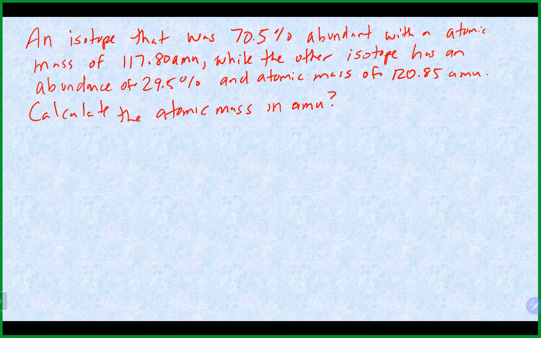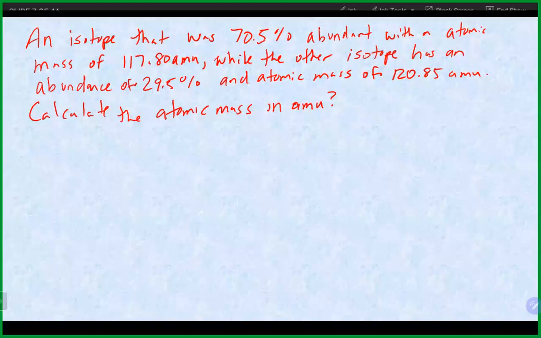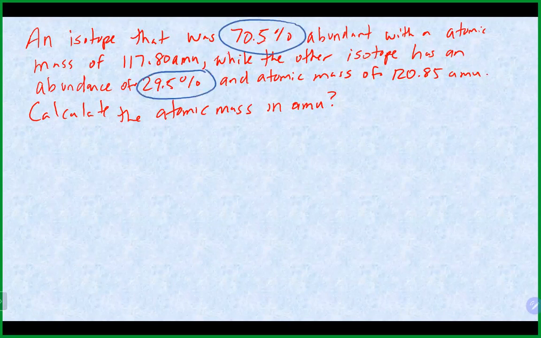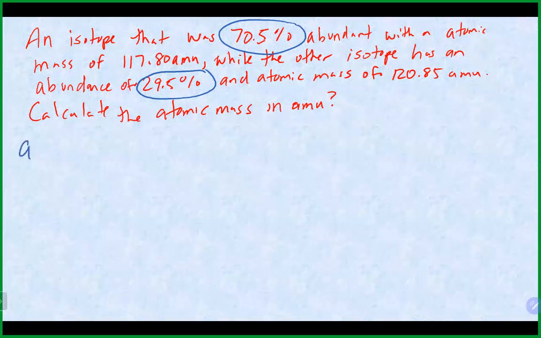So again, a couple of things we want to look at. First off, we have the percent abundance of these two isotopes. We just want to quickly take a look at the percentages, and they do add up to about 100% there. So that is good. Again, if they didn't, you would probably be missing something. By the way, if we were missing a percentage and we had the other percentages, we could add up the percentages and subtract from 100, and that will tell us what the missing percentage would be. So we're going to figure out the atomic mass here